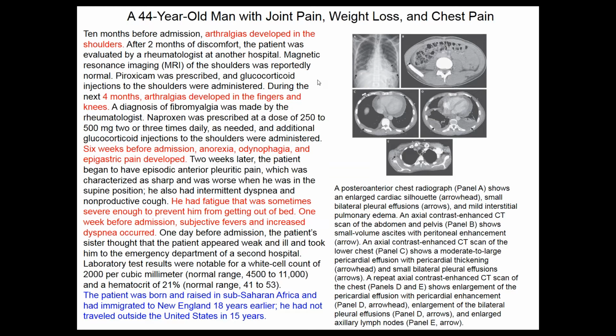Now, the patient in the New England Journal is a 44-year-old man who has joint pain, weight loss, and chest pain, and his disease starts in terms of joint pain, shoulder pain, that then spreads to arthralgias involving his fingers and knees, and pain medicines, etc., don't help. Then he develops anorexia, some problems with swallowing and epigastric pain. He has fatigue, febrile episodes,